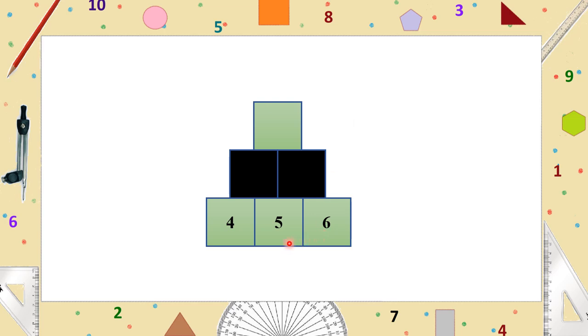We have studied a relationship. What is it? The top layer number is 4 times the middle number at the bottom layer. That means 4 times 5 is equal to 20. This means we could find the top layer number without finding the middle layer numbers. Okay. Now, let's check this relationship for consecutive even numbers.